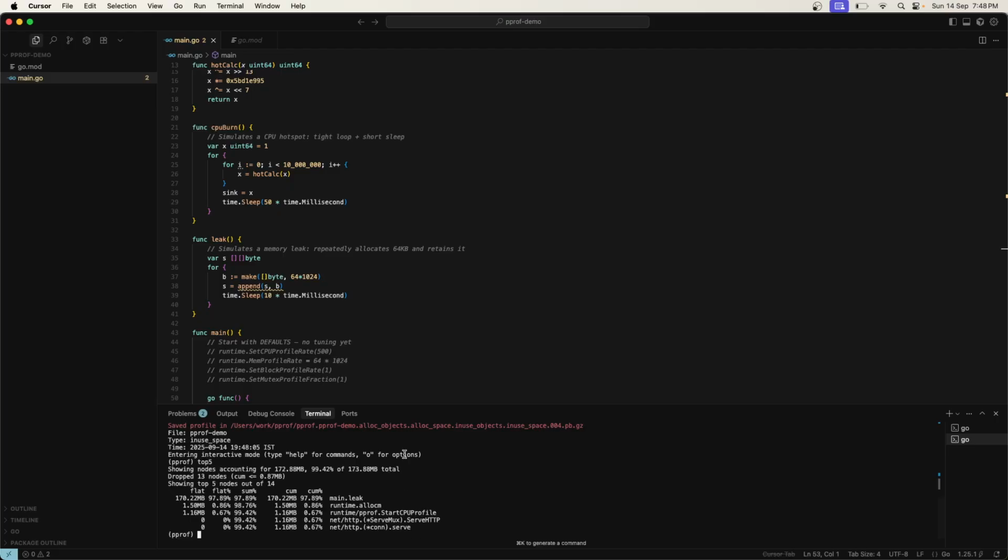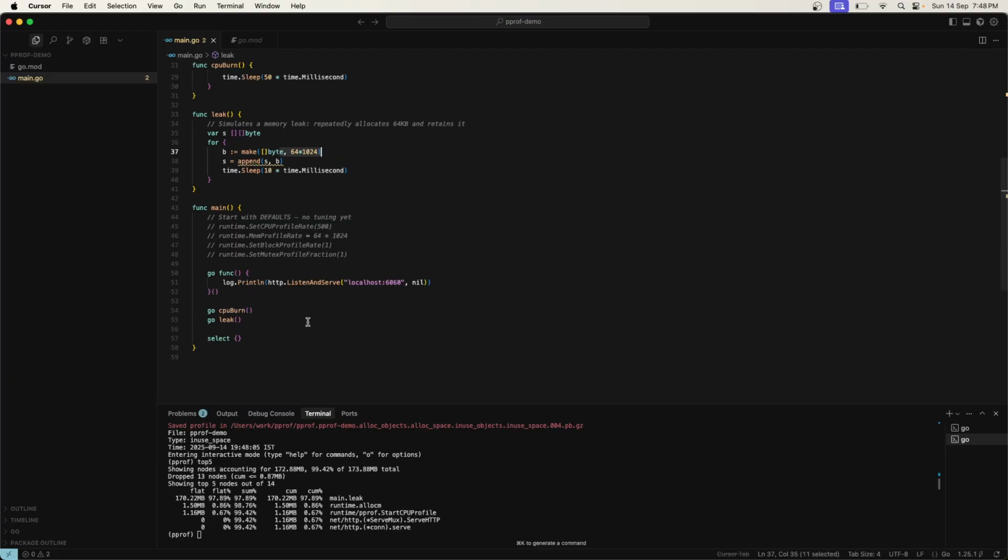Here's the heap profile. Our leak is allocating 64 KB at a time, but the default sampling rate is 512 KB. That means it might miss some of these smaller allocations, so visibility into small leaks is limited. Let's also try